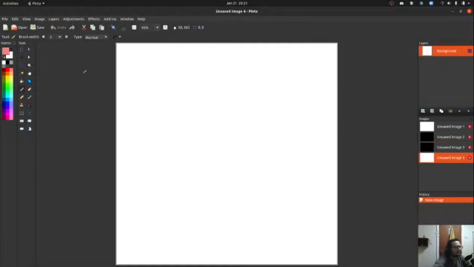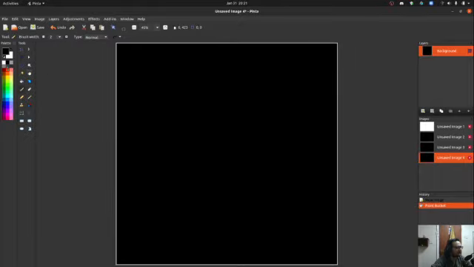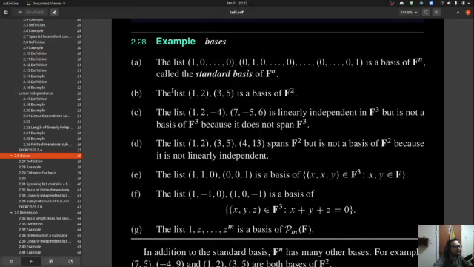I'm going to come back to this. I might come back to this. I might just skip it. I want to see how this list is not linearly independent. Well, we can prove it by saying if it was linearly independent, then it would